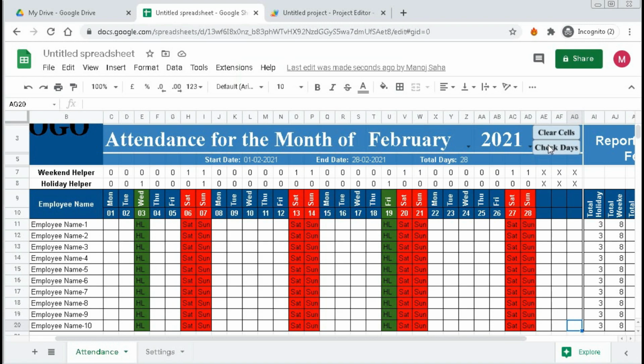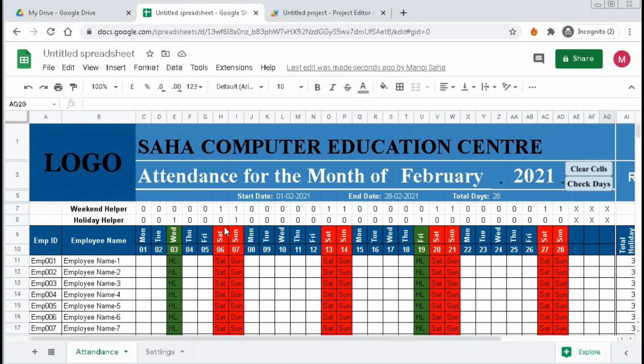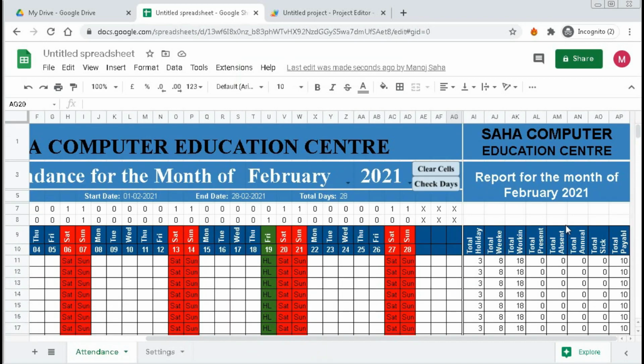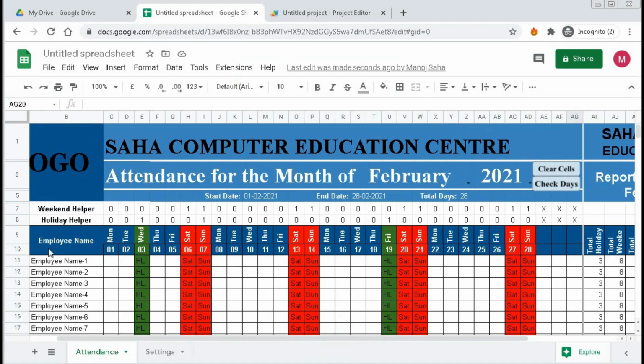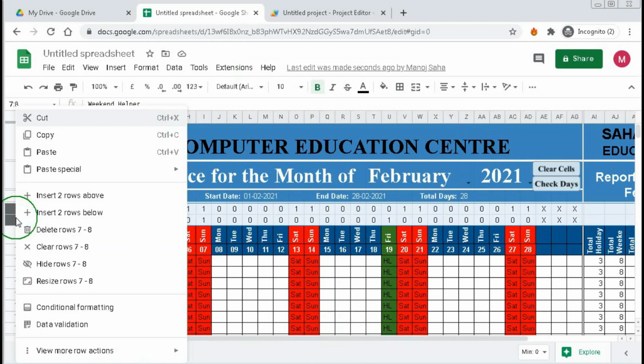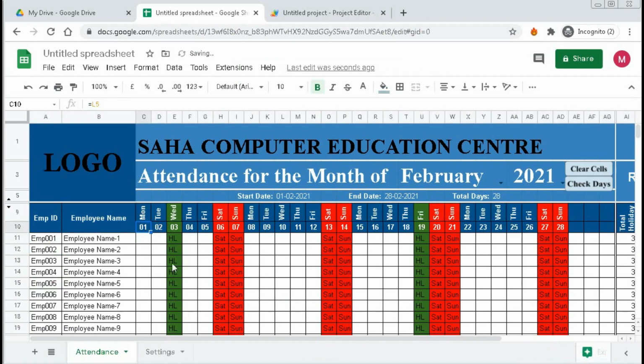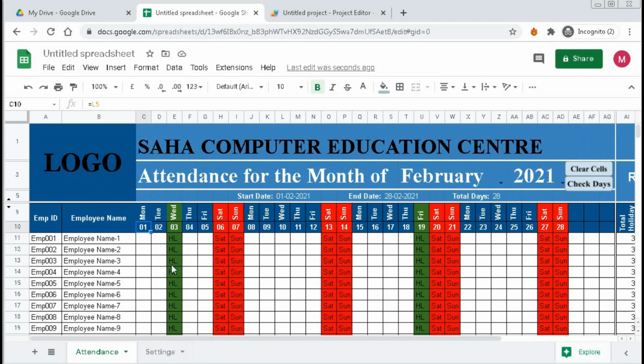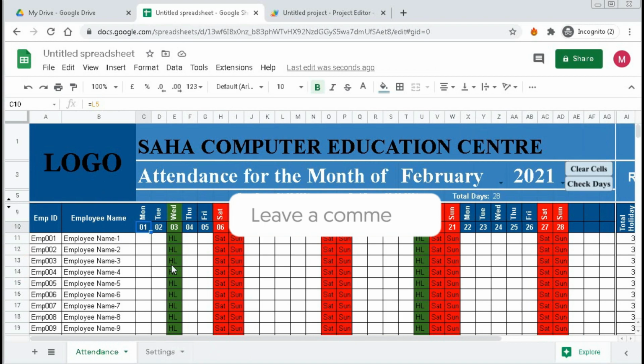You have to authorize it with your ID. So we have created this attendance sheet, this report part, and now you can hide this helper column, and your attendance sheet is complete. So in this way you have to create the automated attendance sheet in Google Spreadsheet.